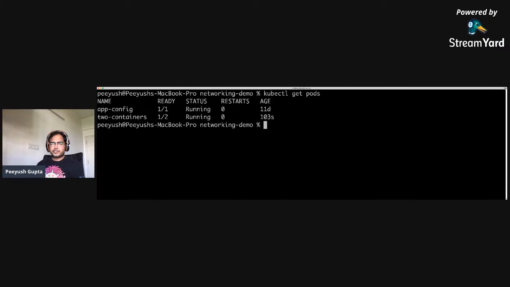Right. So as I mentioned, I have got the two-container pod running, and one of the containers, the Debian container, has rewritten the index.html on the shared volume, and my other container, the Nginx container, should take those changes, right? So I'm going to exec into the Nginx container and see whether that happened or not.